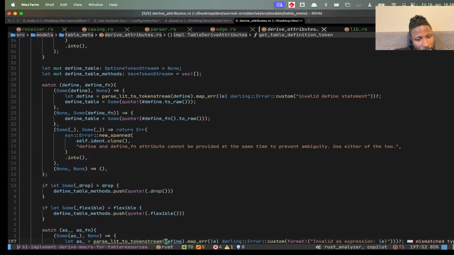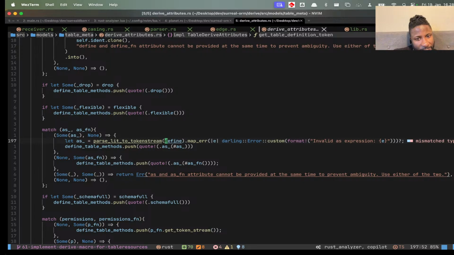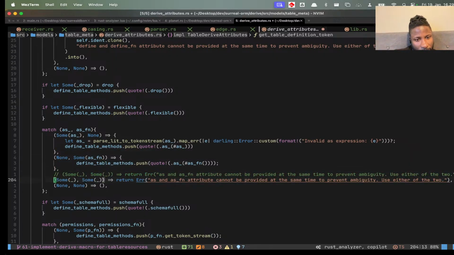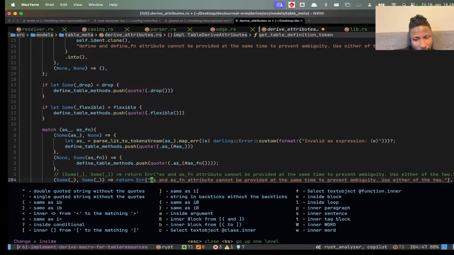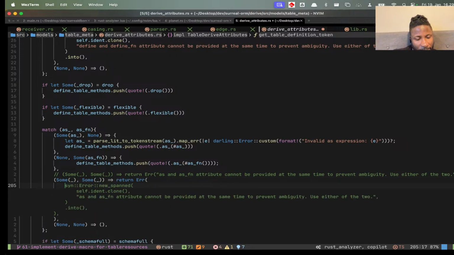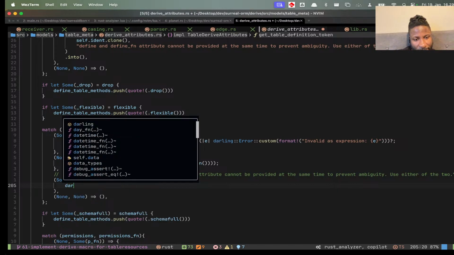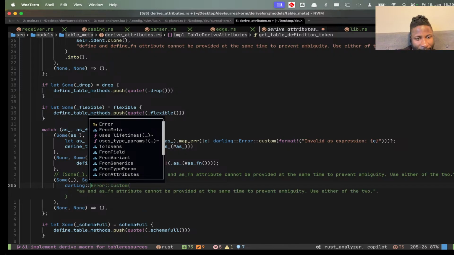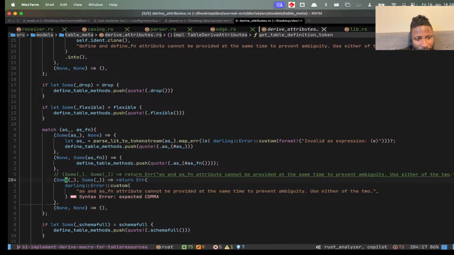So why are we using define here? Shouldn't we be using us? Has that always been the case? Damn, mate. So let's redefine this error. We're just gonna cut it off. Boom. It's darling. Actually, we should be using darling error here, not saying error. My bad. We should be using darling error, because